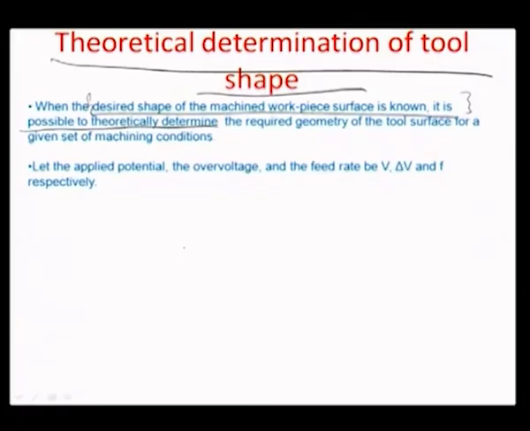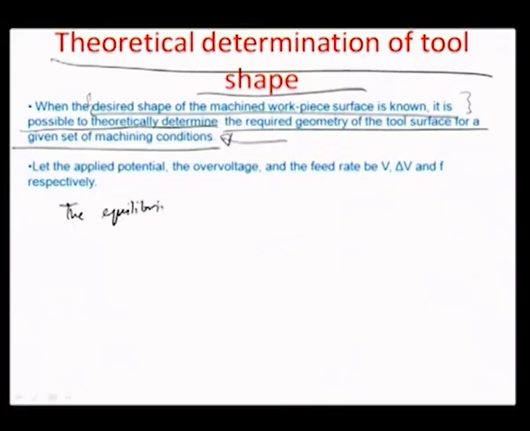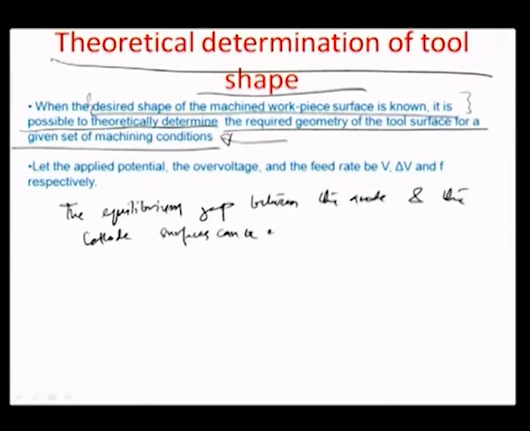I will just show you an approach where theoretically you can determine the required geometry of the tool surface for a given set of machining conditions, which can be achieved very fast based on that. And the first thing that we need to know here is that the equilibrium gap between the anode and cathode surfaces can be expressed as